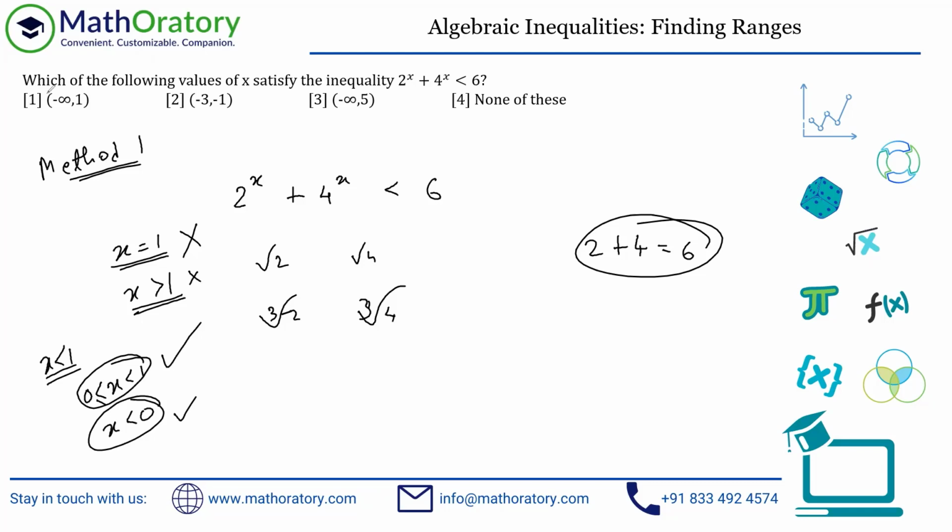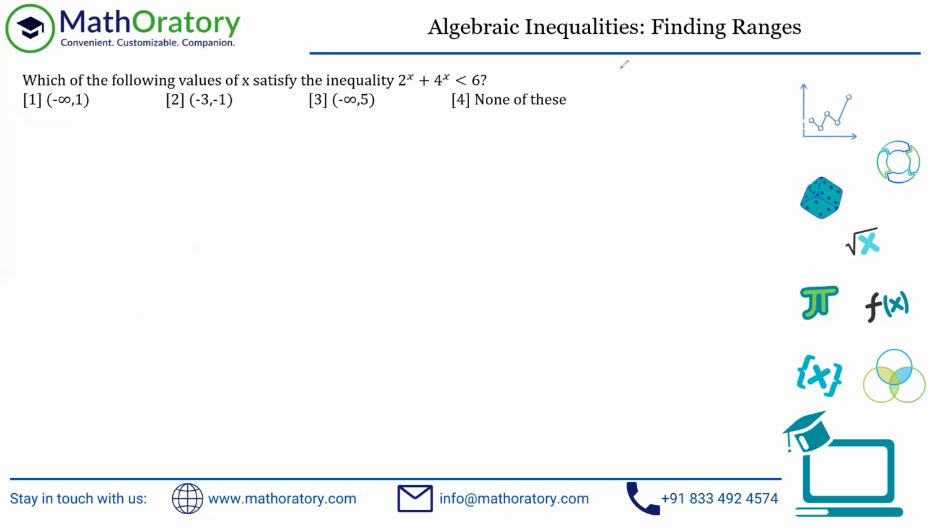And that is this first option, right? Minus infinity to 1, obviously both excluded. Infinity is always excluded. 1 should also be excluded because, as we discussed earlier, x equal to 1 is not acceptable. So this is the first method. I'll quickly go into the second method. I'll take everything off now.